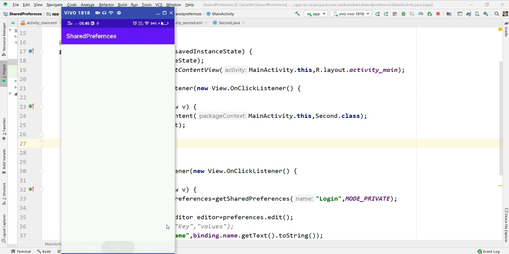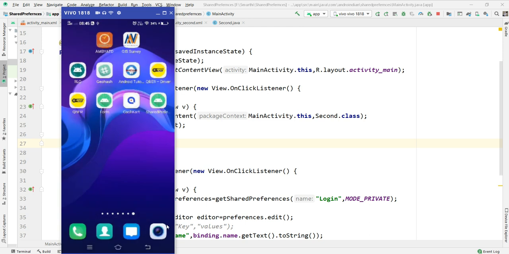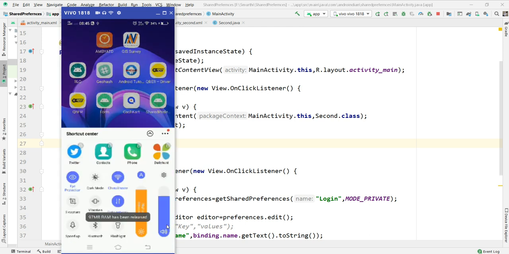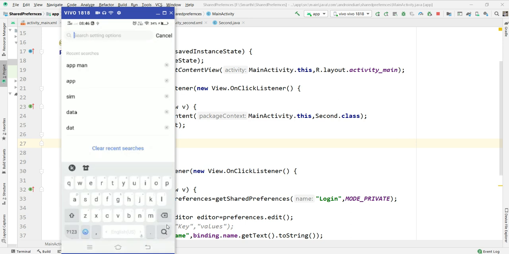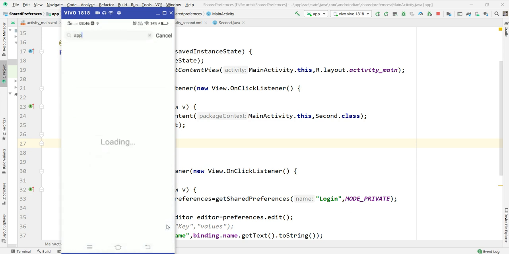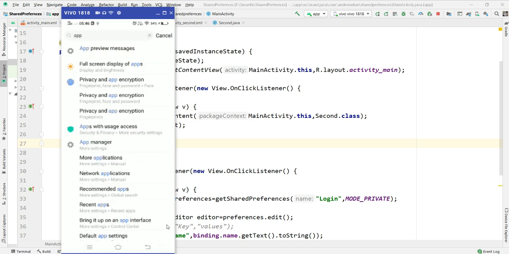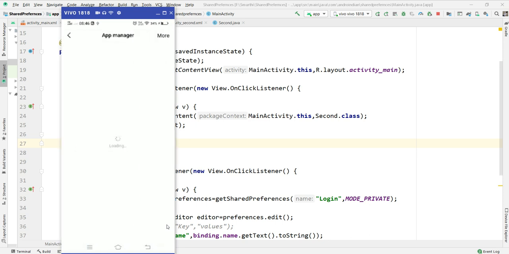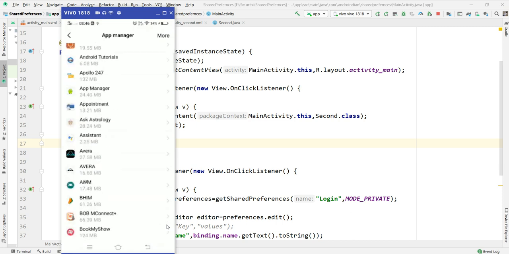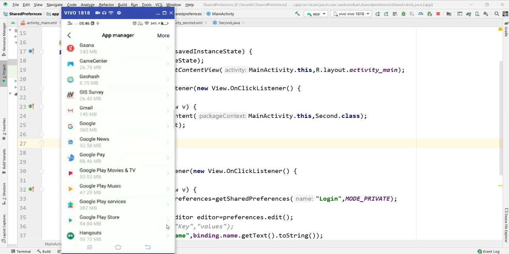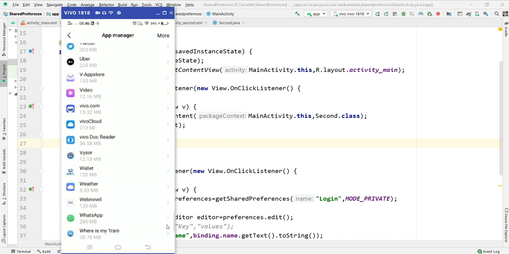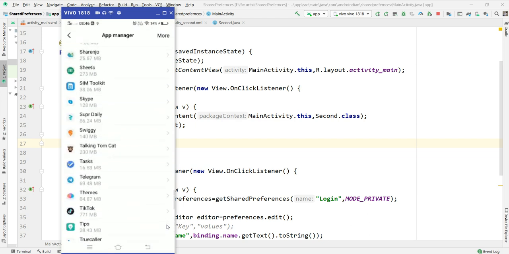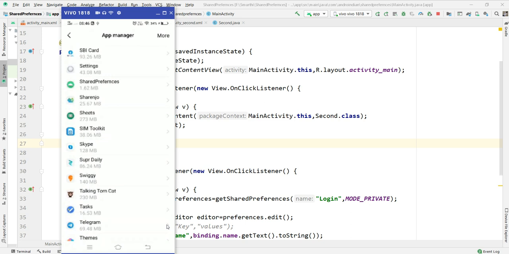This data will be there, but how can we clear this data? See here in settings. Now manually I'm showing this in the app manager. So in the app manager, there is a shared preferences program. Shared preferences, this is the program.